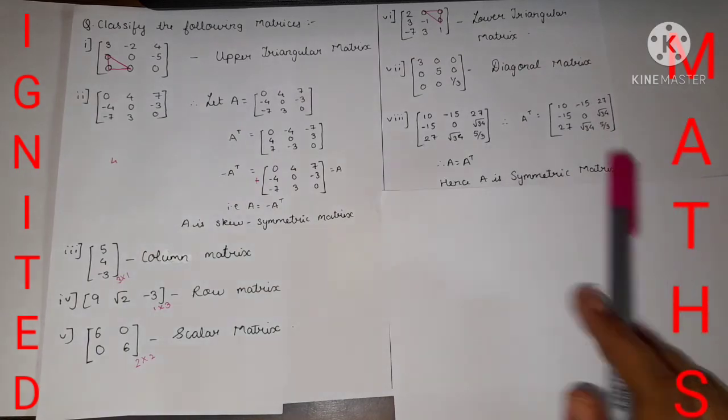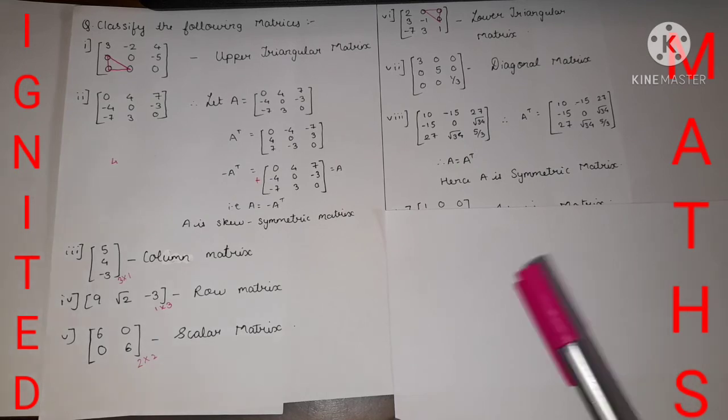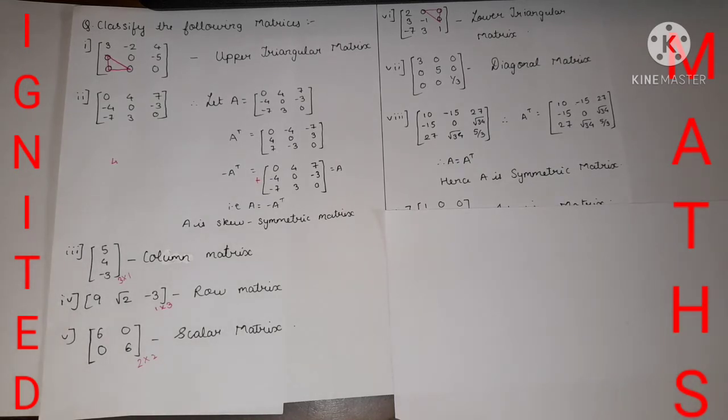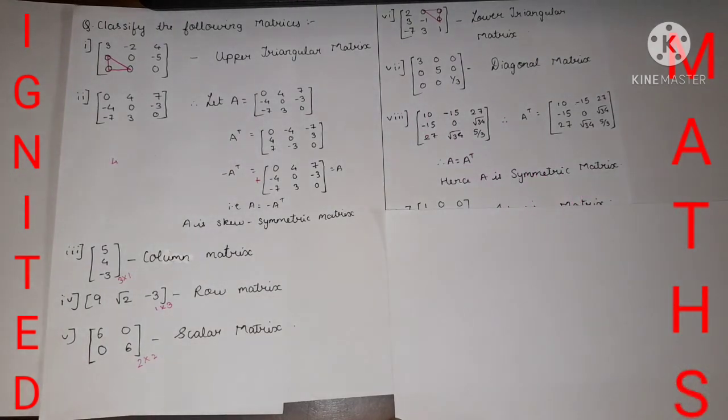Eighth example. Moving to the eighth example, I want to say an important note before classifying or checking any of the matrices. First check the diagonal element. If you check the diagonal element, then 70% of the question will be solved. But in case it's not solving, then just do the transpose. After transposing it, definitely you will get the answer. So this is the important note that you need to note.